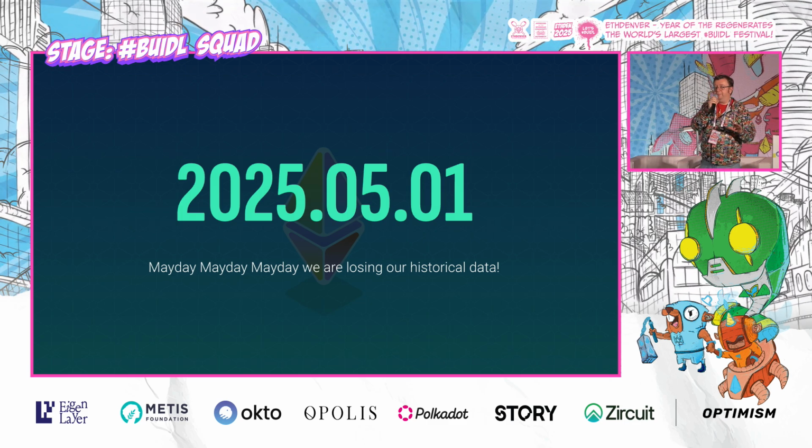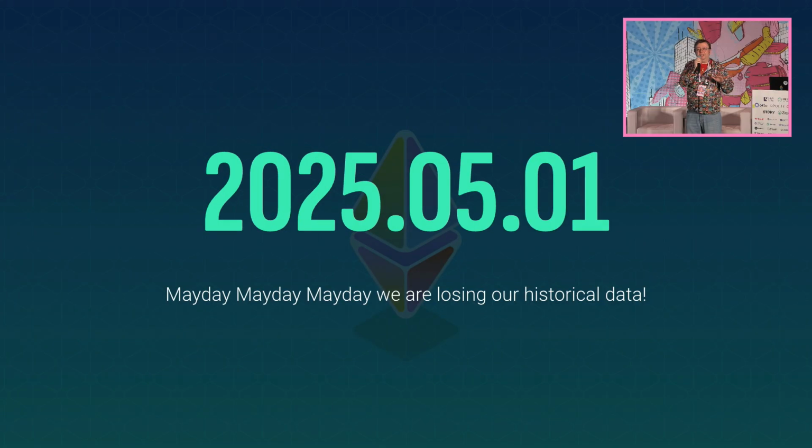We're going to pull the pin on this feature not as part of a fork, because it doesn't require a hard fork. We're just going to do it on an agreed upon day. And the day that the clients agreed on in the execution layer is May 1st. Mayday, mayday, mayday. We're going to get rid of two-thirds of the data, and it's going to be awesome. Unless you need that data, so you need to download it and sync it quick. Actually, we got a better solution to that.